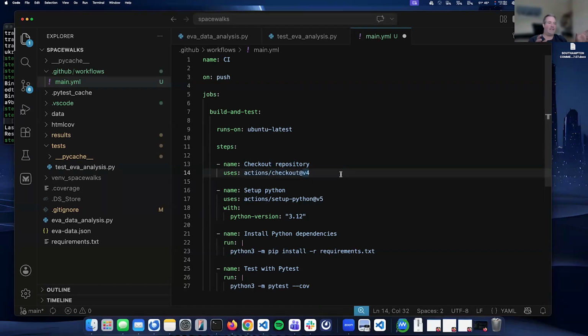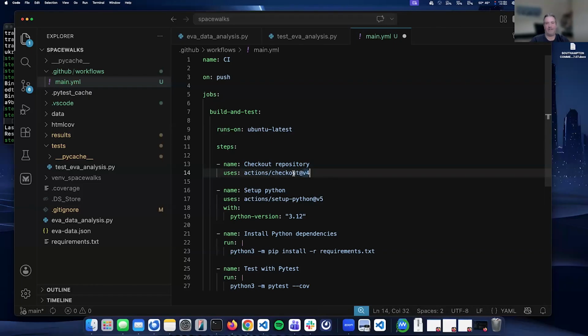Okay, so basically GitHub Actions gets hold of this workflow. First thing it sees in this is I need to check out the repository. So it checks out the repository onto the machine, in its entirety. You'll also notice it has this little thing here at version 4, and each of these actions sometimes